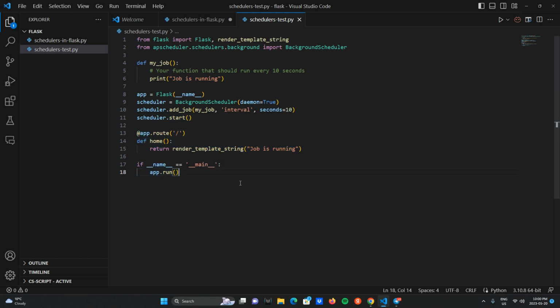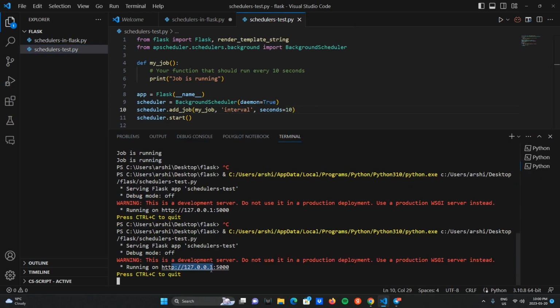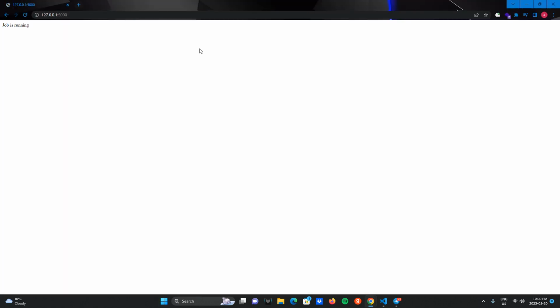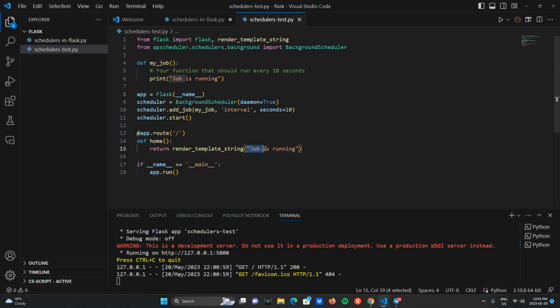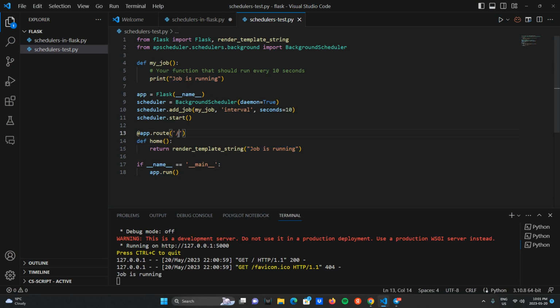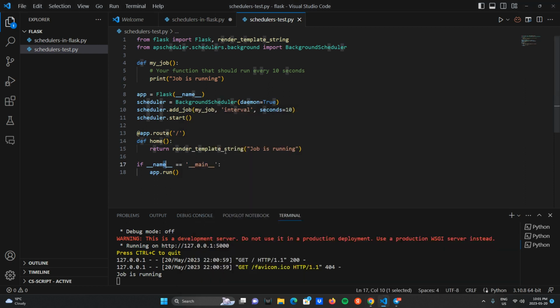And okay, let me show you. Here we are going to get our IP localhost with the 5000 port. When we open it, "job is running." What is this? This job is running because it's a slash, right? That means if the person only opens the website without any directory, just slash, nothing, you're just going to return this